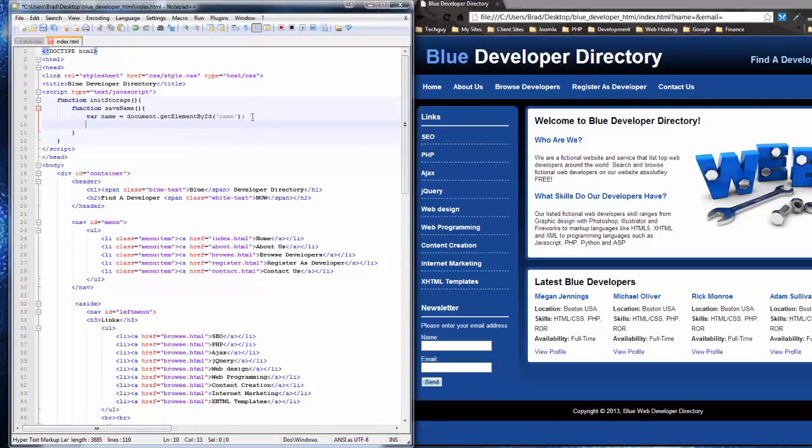So under the variable, I want to set the item using local storage. So we would do localStorage. And remember, you could also do sessionStorage if you want, but like we talked about, the difference between local and session is that with session, any data you put in is going to get cleared when you close the browser, when your session ends. This will stay unless we clear it or the user clears it. So we want to do localStorage.setItem,